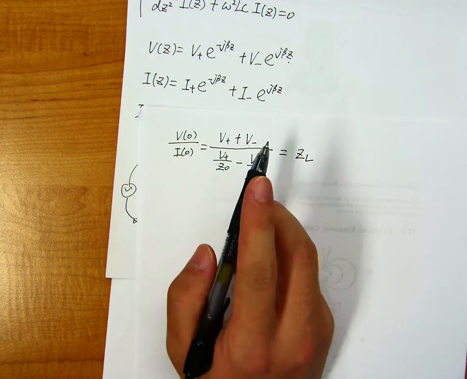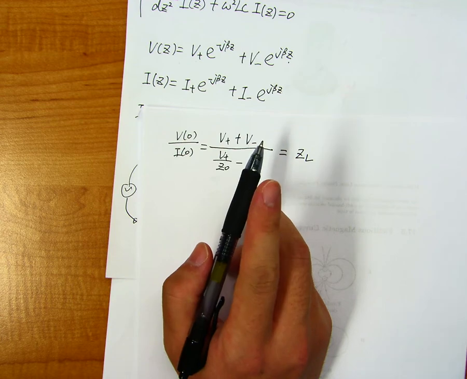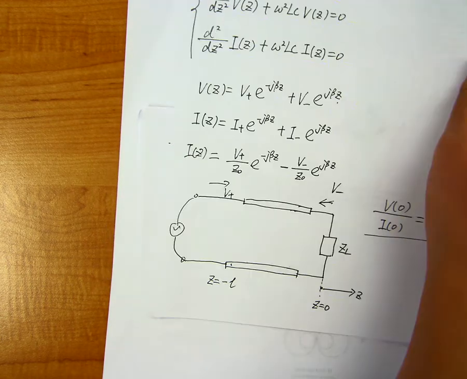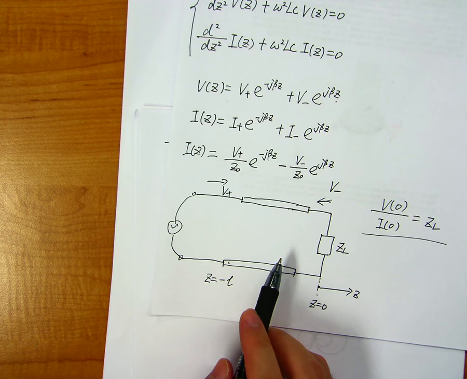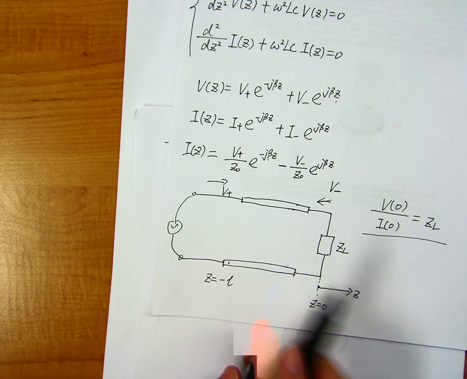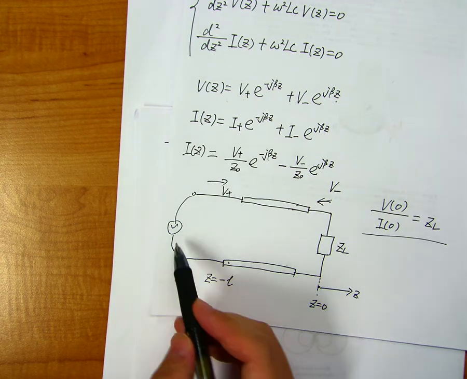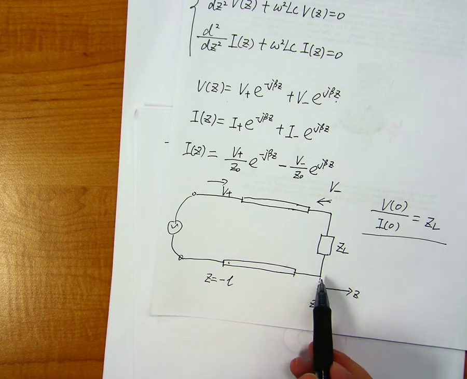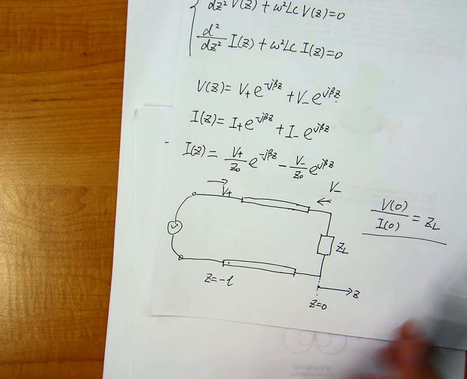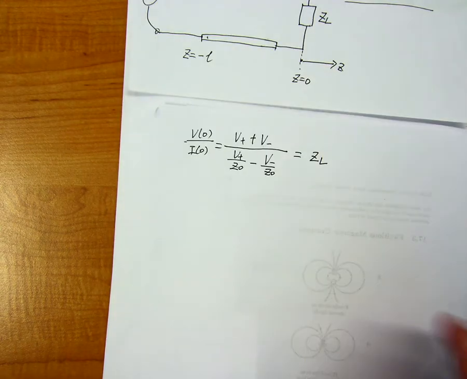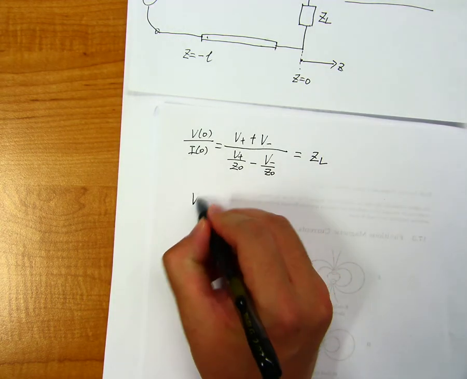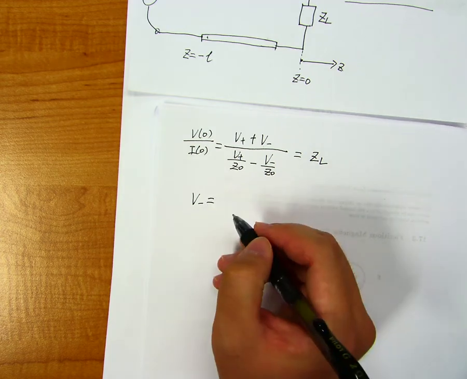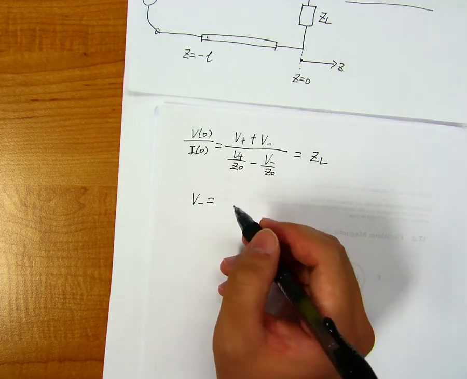Okay, so now we just have one independent variable, and from this physical interpretation, we know that this independent variable should be V plus. We launch a source, the source launches a right traveling wave with V plus as the magnitude, and the right traveling wave gets reflected by the impedance. Okay, so that's the physics here. So we can write V minus as, because it depends on V plus here,